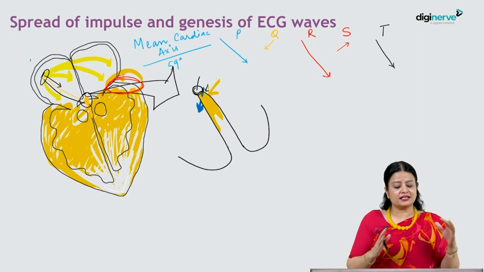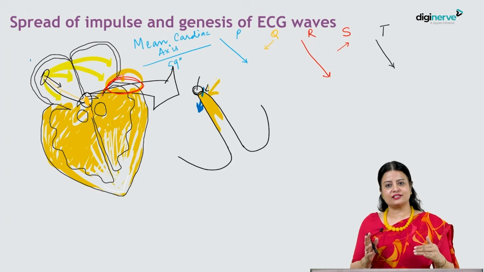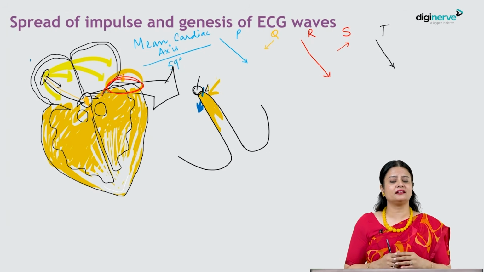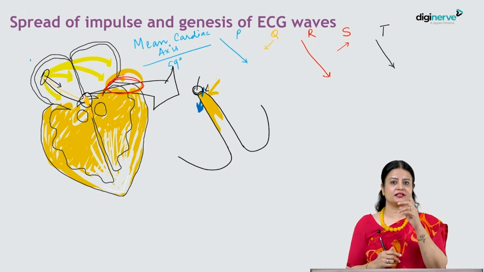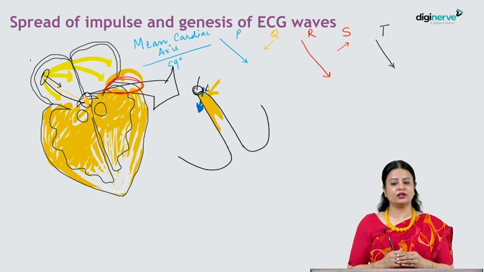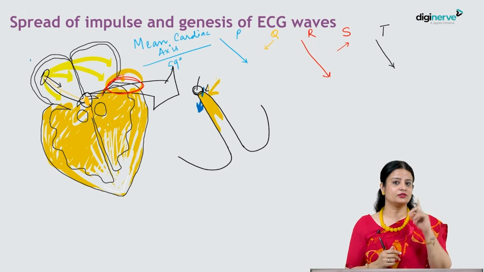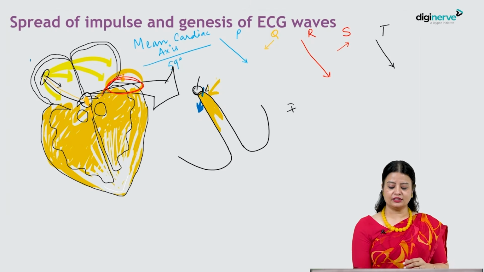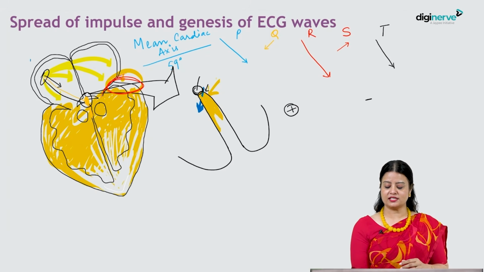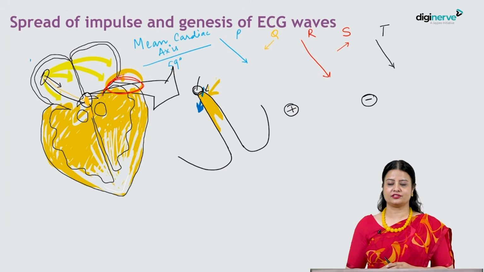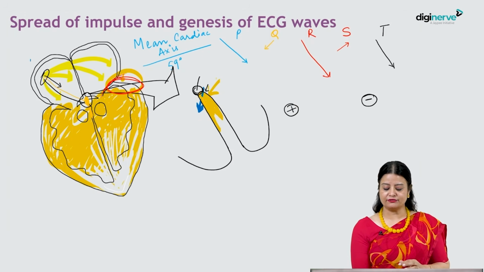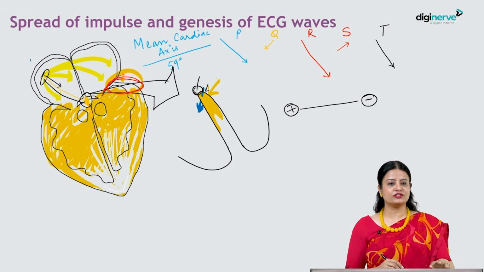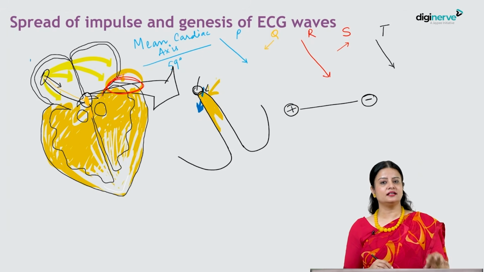Now, why does the current always flow in this direction, and why do you get a vector like this? The reason behind this again lies in your class where you had talked about the charges. That means going back to your physics class. So you have learned that there are two types of charges, the positive charge and the negative charge. And together, if we keep them, they make a dipole. So here also the heart makes a dipole.